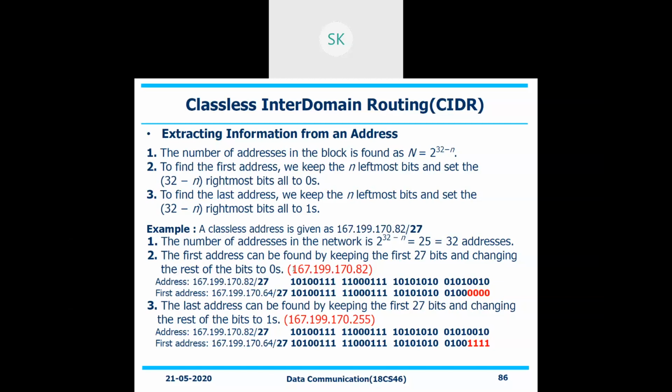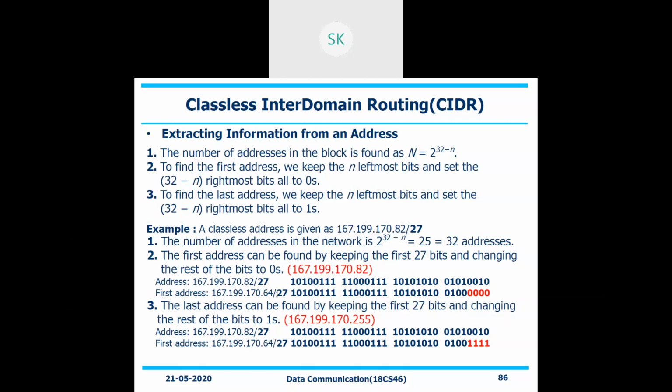Now the first address I need to find out. How to do this? The first 27 bits, I keep as they are, and the last 4 bits, I make them 0. If I change them to 0, 0, 0, then that will be the starting address, the first address. And for the last address, you make the last bits 1, 1, 1. Convert it to binary and then that will be the right thing to go with. So with respect to that, you'll get the answer with respect to addresses.